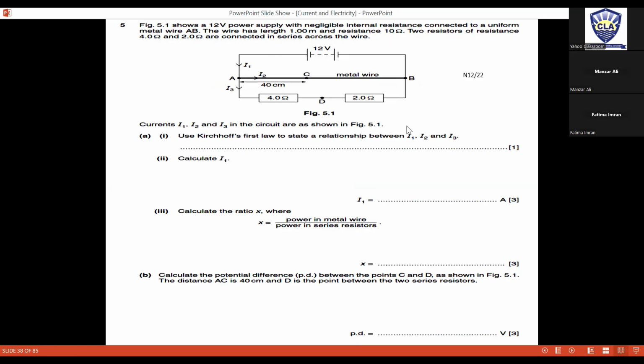अब वो कहते हैं व्हाट इज द रिलेशनशिप बिटवीन I1, I2 एंड I3। ये बेसिकली किरचॉफ फर्स्ट लॉ है, ये आगे हम डिटेल में डिस्कस करेंगे कल। मगर यहां पे सिंपल सा रूल है कि अगर I1 करंट A पे आ रहा है एंड फ्रॉम A वी हैव टू करंट I2 एंड I3 लीविंग, तो जितना करंट एंटर करेगा उतना ही करंट लीव भी करेगा। Therefore simple relationship is I1 is equal to I2 plus I3। ठीक है। अब वो कहता है फाइंड द वैल्यू ऑफ I1।